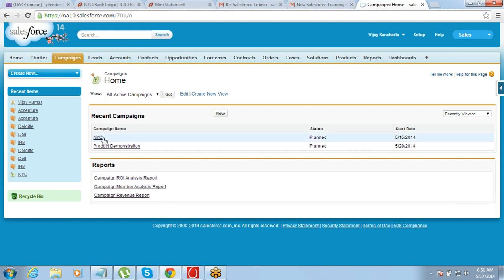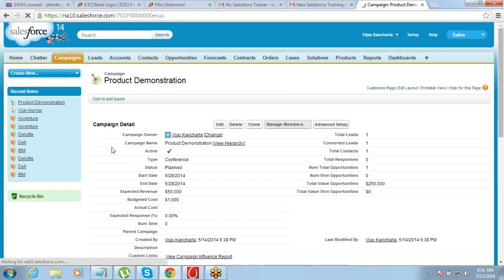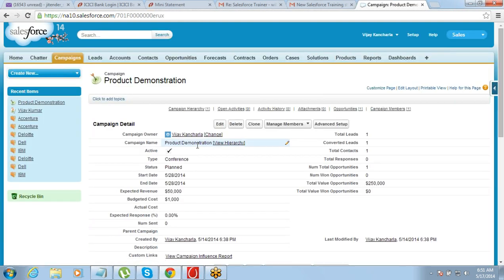If you go to campaign, you will see that there is a campaign owner. Right. So we have account owner. So every record basically has an owner, right?